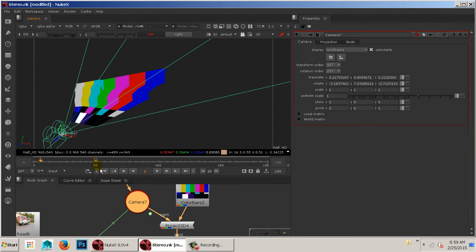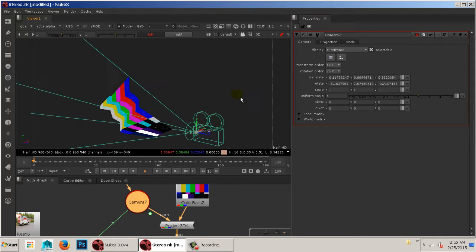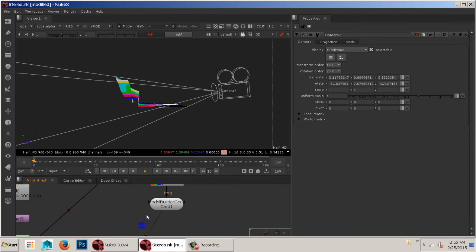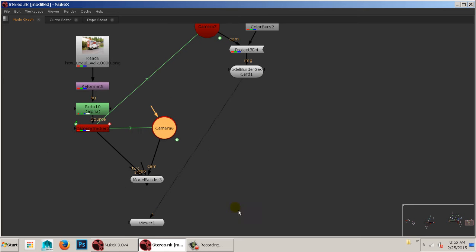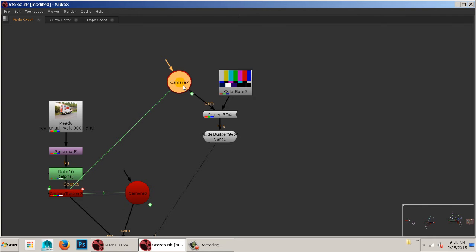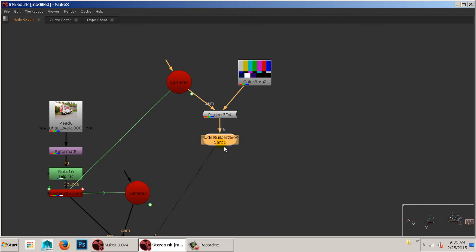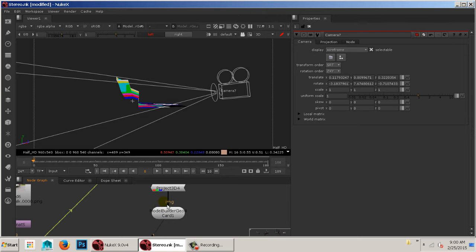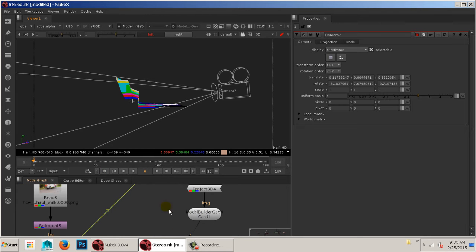All right, but what this is going to do is allow me to paint this texture on here, and then as this camera moves, it'll stay locked into the position that it was in. Okay, and part of this, we're going to be doing further down in the chain, so you just have to trust me that that's the way it's going to work. So we have our camera with no animation here, going into the project 3D, and then our other image here will be the color we want to color it, and that'll go into our card right there. Okay, so I want to paint what I think that the coloration should look like. So I'm going to borrow this stuff,